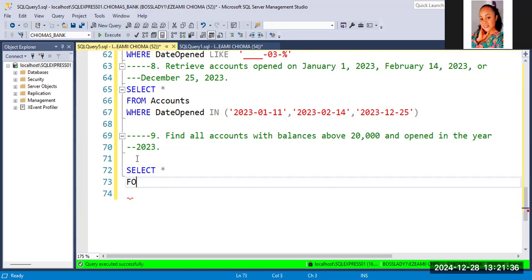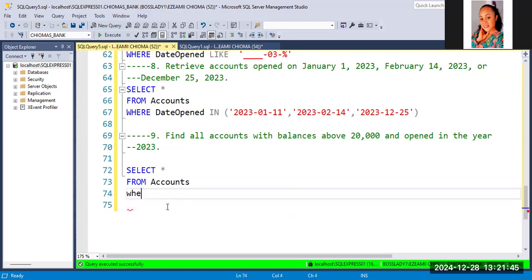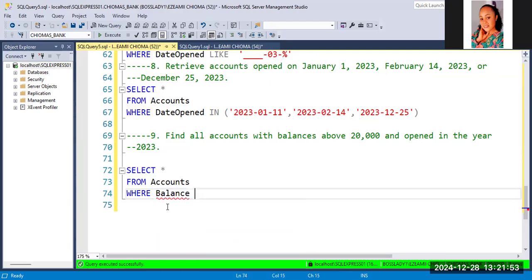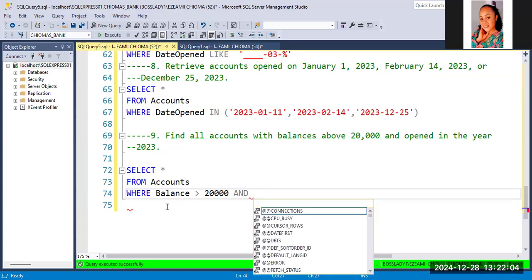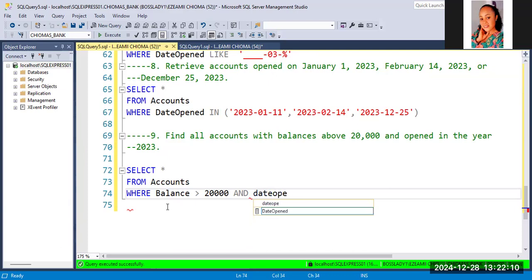Select from account where balance is greater than 20,000 and date opened, date opened is equal to,